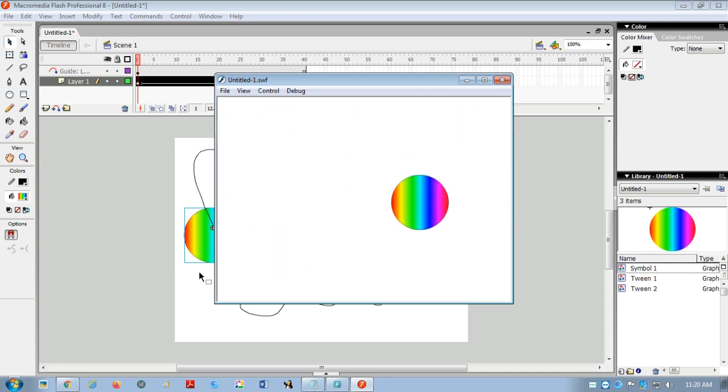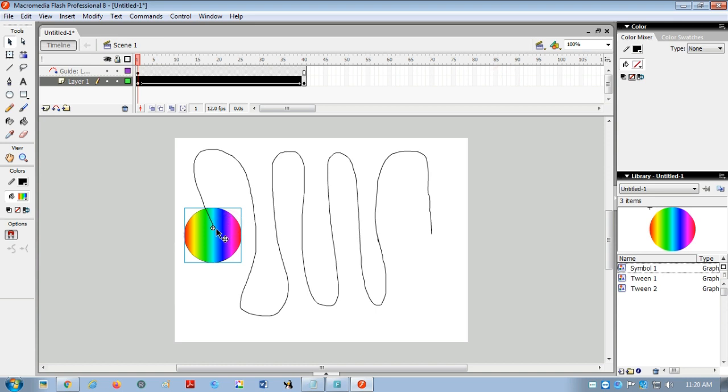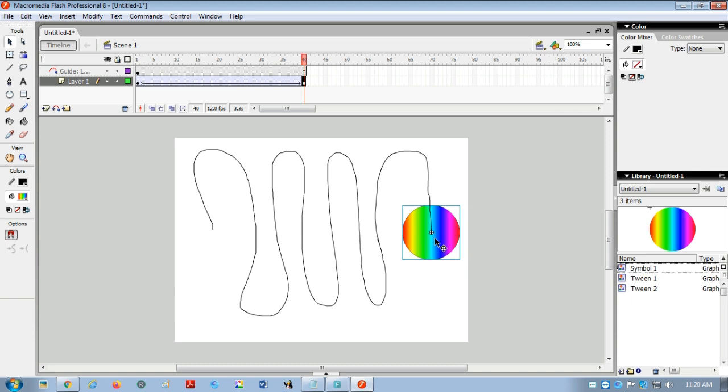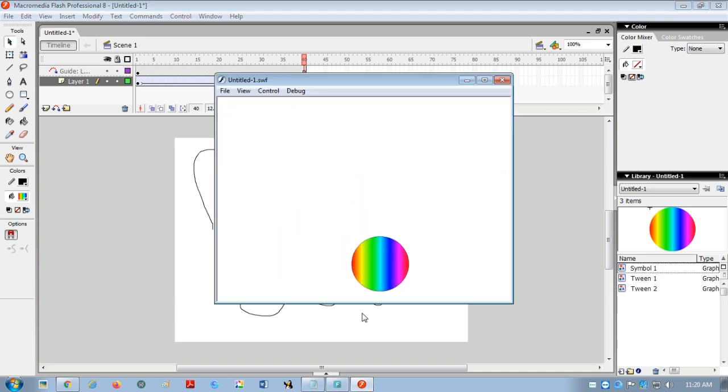So this is our motion guide layer. I hope you understood. If you have any doubt you can ask, but just remember you have to arrange this center point in the first frame and also in the last frame, the 40th. Then it will work along a definite path. So this is called the motion guide layer. Now the next practical.